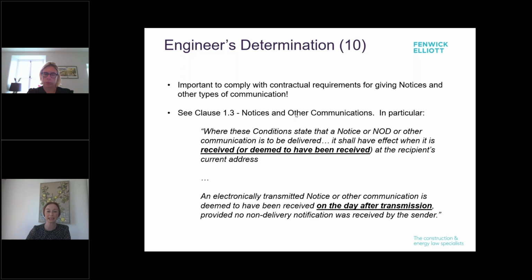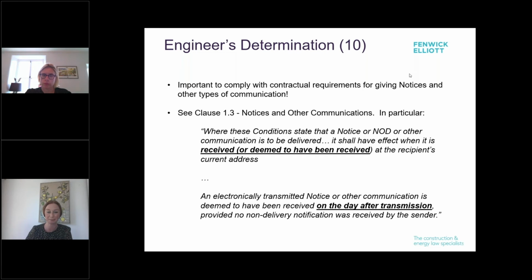So this is actually set out in clause 1.3, so a bit of a departure from 3.7, but it is really worth getting to grips with the detail of that clause because it will determine whether your notices are validly given and therefore whether, for example, the engineer's